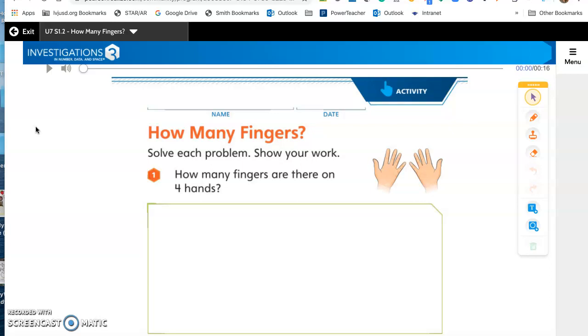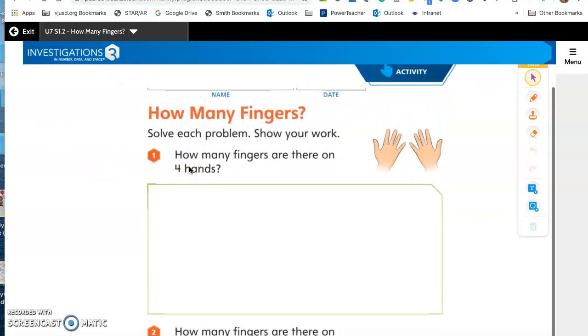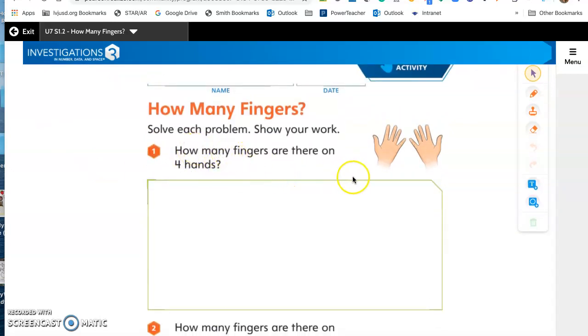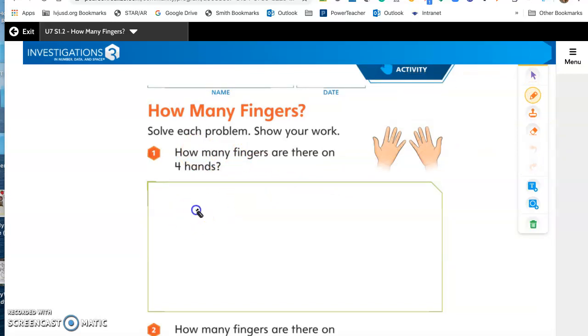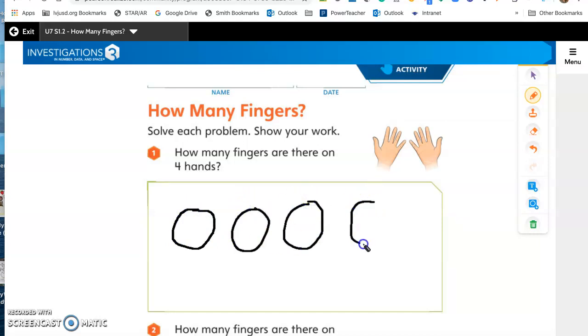Okay? So you can use yesterday's strategy, drawing a picture. How many fingers are there on 4 hands? So if you wanted to do that, here's what I would do. I would draw 4 circles to represent my hands. And I know that each hand has 5 fingers. If you don't know how to count by 5s, you might need to draw all 5 fingers on here and count them. If you know how to count by 5s,